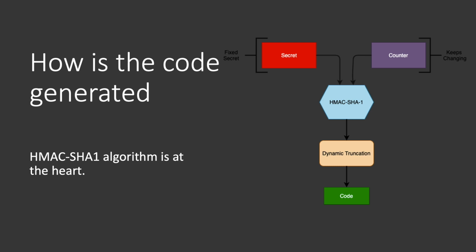The fixed secret is a secret string, which is shared between the server and the mobile device. And as we said, the counter differs between HOTP and TOTP. Because most of the systems right now are utilizing TOTP, we're going to be focusing on TOTP. Once we have provided the secret, which is shared between the server and the mobile phone, and the counter, which is based on the Unix time, the HMAC function will utilize the underlying hash function, SHA1 in our case,